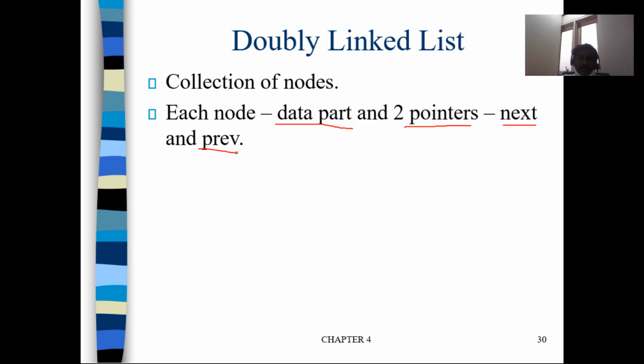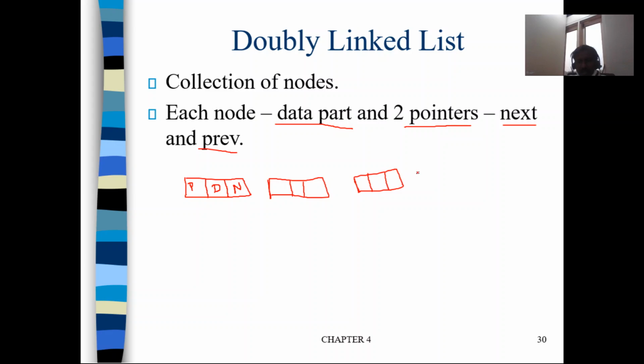Okay, so you can visualize a doubly linked list something like this. Each node, if you see, will have a data part and a pointer part. Let us call the data part D, the previous pointer P, and the next pointer N. Like that, in every node there will be a data part, a previous pointer, and a next pointer, and the previous pointer will always point to the previous node, and the next pointer will always point to the next node.